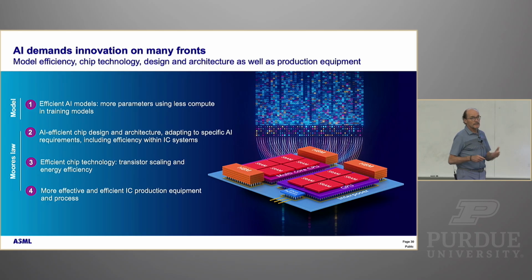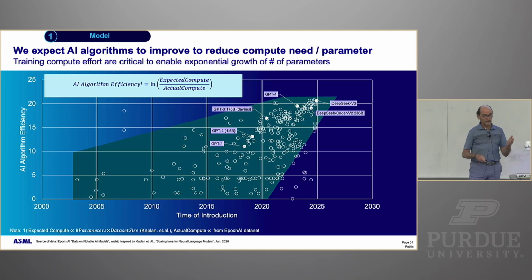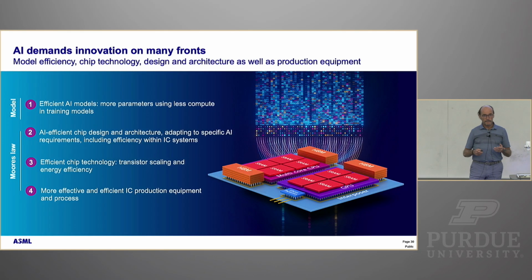And ultimately, even the equipment that we use should be more energy efficient, because it's not just the energy that is used to use the chips, but it's also the energy that is used to produce the chips that matters. And just to give you a reference on that last point, one of these EUV scanners of ASML, with all the infrared power that you need to create this plasma that emits the 13.5 nanometer light, with accelerating wafer stages to get the productivity at 40G, 5 megawatts for one scanner.